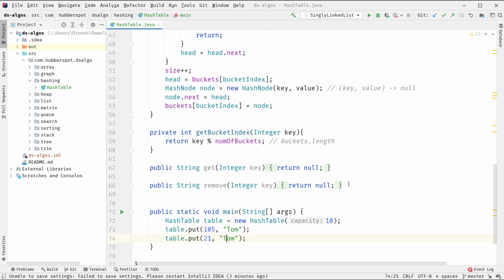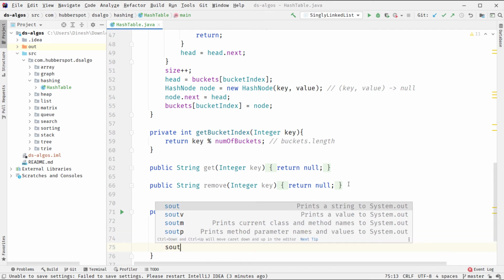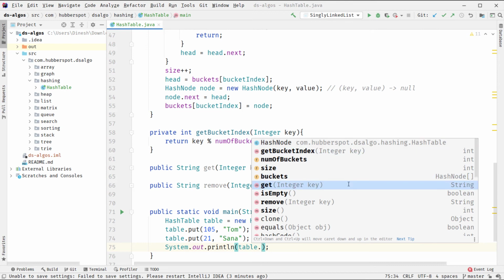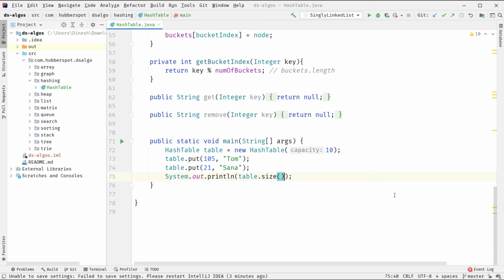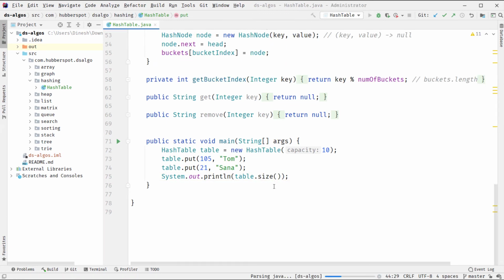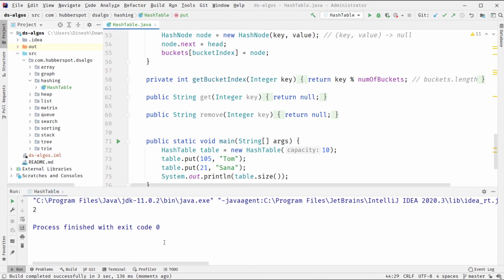We put 21, Sana. And now let's say we do table dot, we print the size. So if I run the code now, here you can see it printed 2.